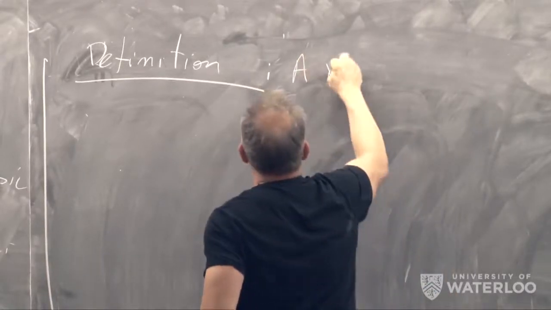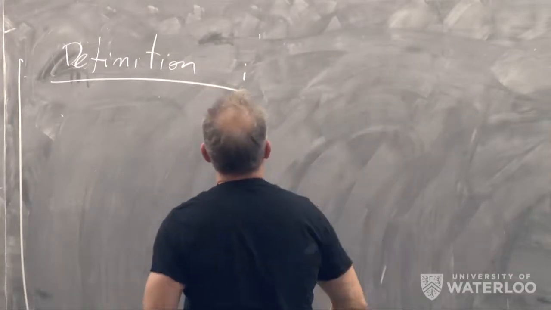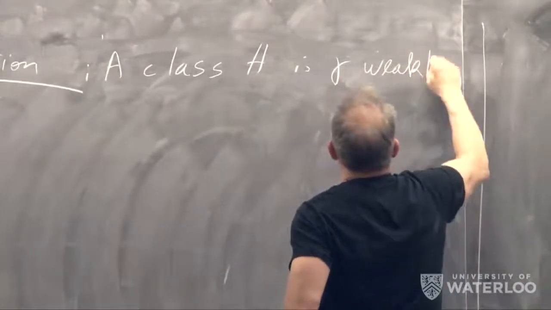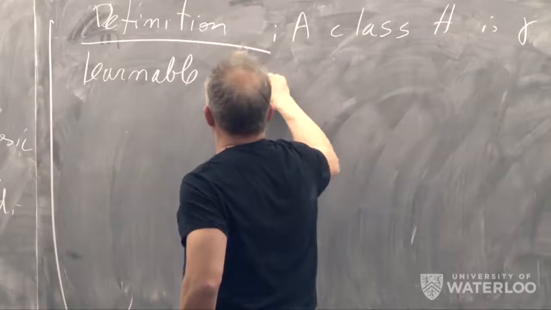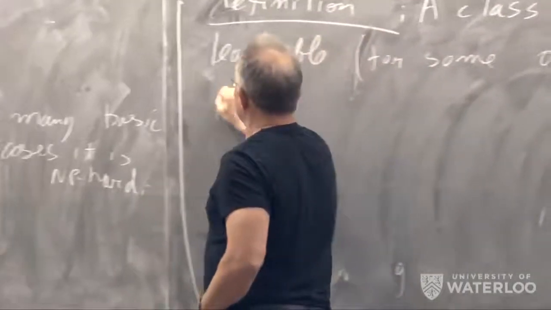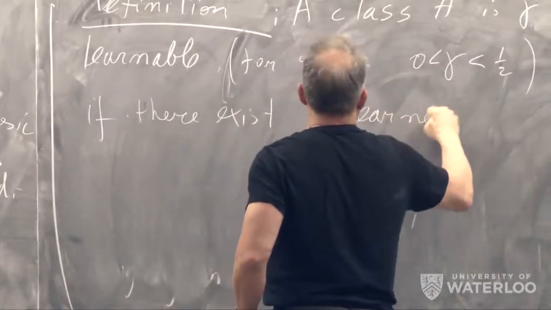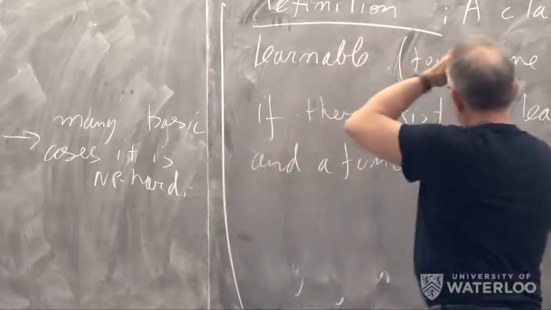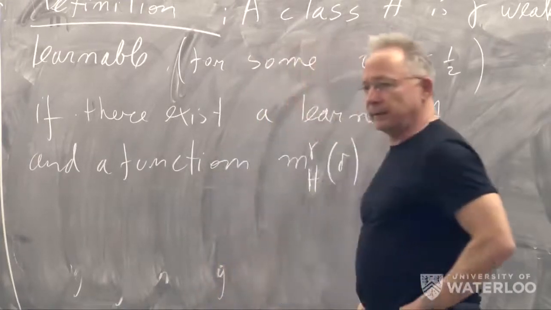A gamma weak learner, or let me say that a class H is gamma weakly learnable for some gamma between 0 and half if there exists a learner A, as usual, and a function m_H^gamma of delta, such that